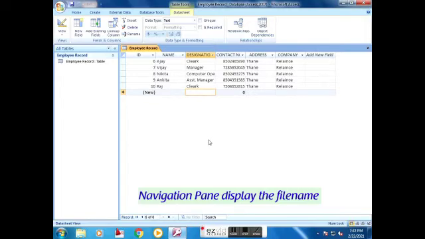The Navigation pane displays the file name. Select the full table.